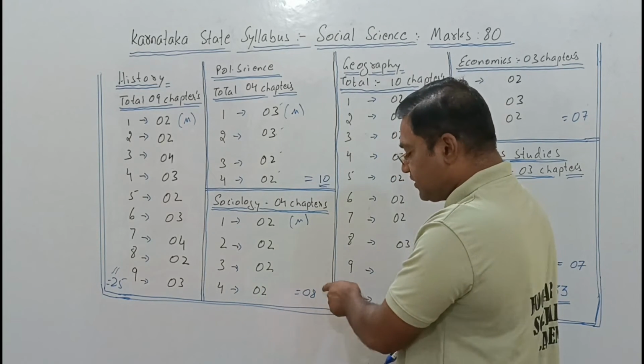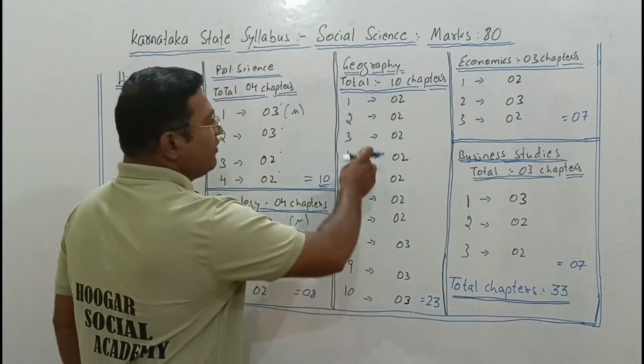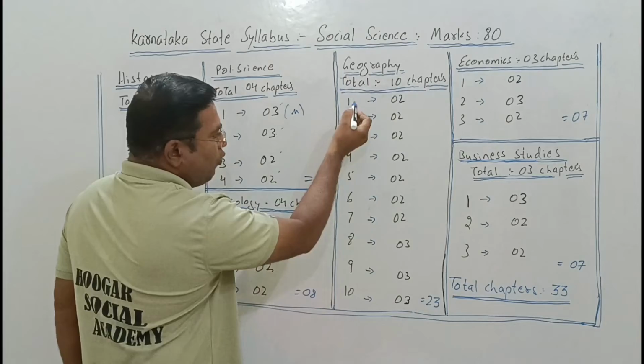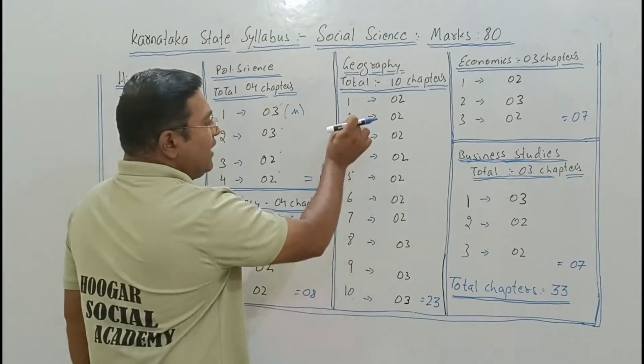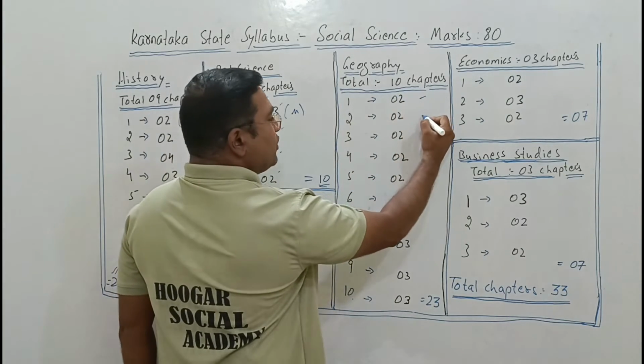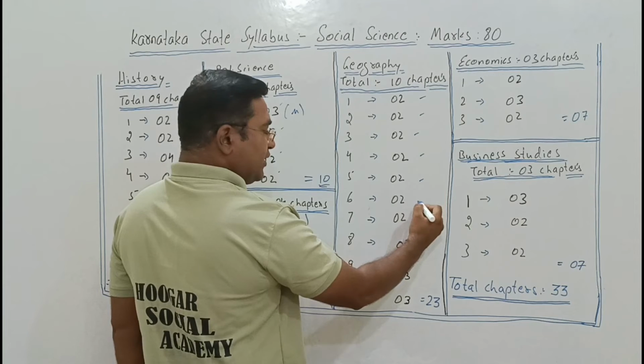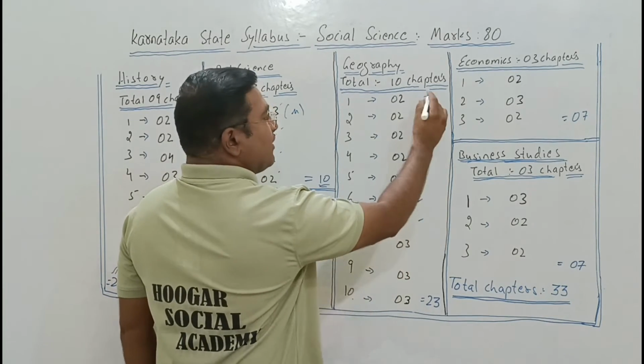So our sociology consists of how many marks? 8 marks. Okay, when we come to the geography topic, total 10 chapters are there, 1 to 10. Every chapter, its weightage. First chapter of the geography 2, second chapter 2, third chapter 2, fourth chapter 2, fifth chapter 2, sixth chapter 2, seventh chapter 2,